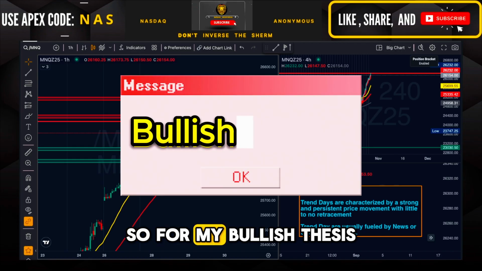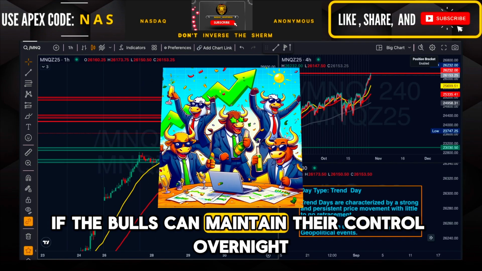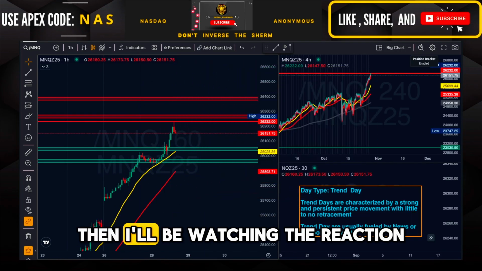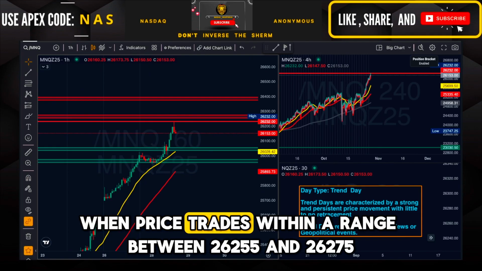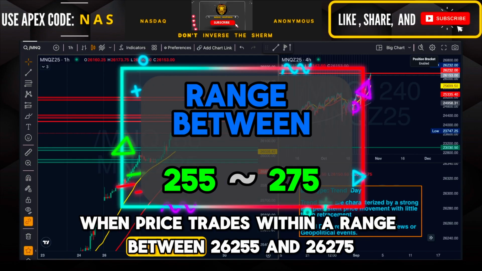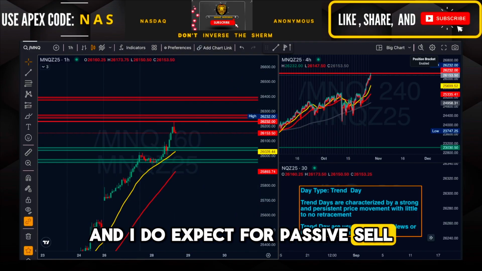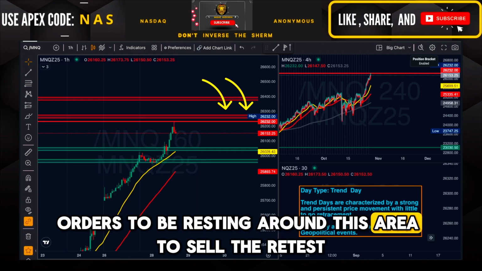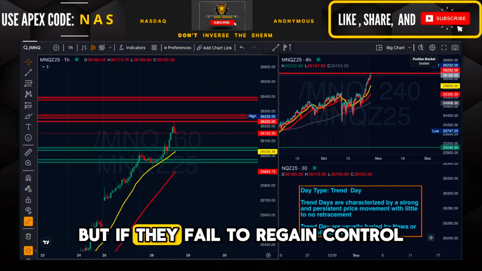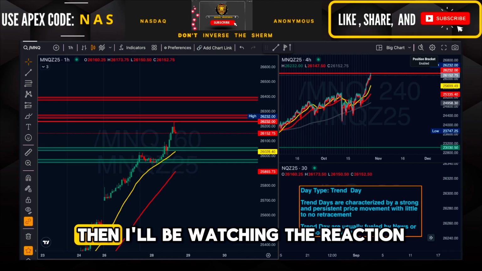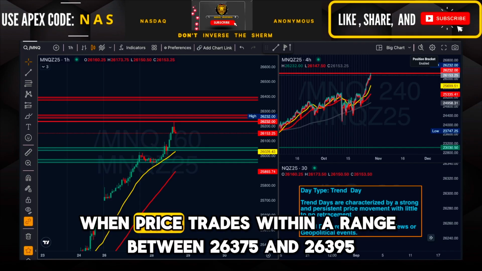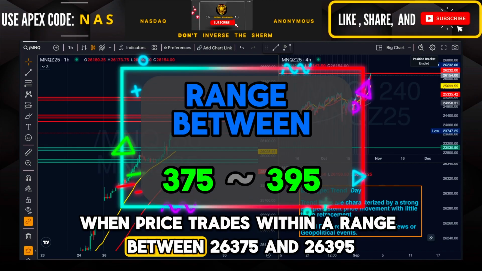So, for my bullish thesis, if the bulls can maintain their control overnight, then I'll be watching the reaction when price trades within a range between 255 and 275. Because this range is a measured move to the upside, and I do expect for passive sell orders to be resting around this area to sell the retest. But if they fail to regain control, then I'll be watching the reaction when price trades within a range between